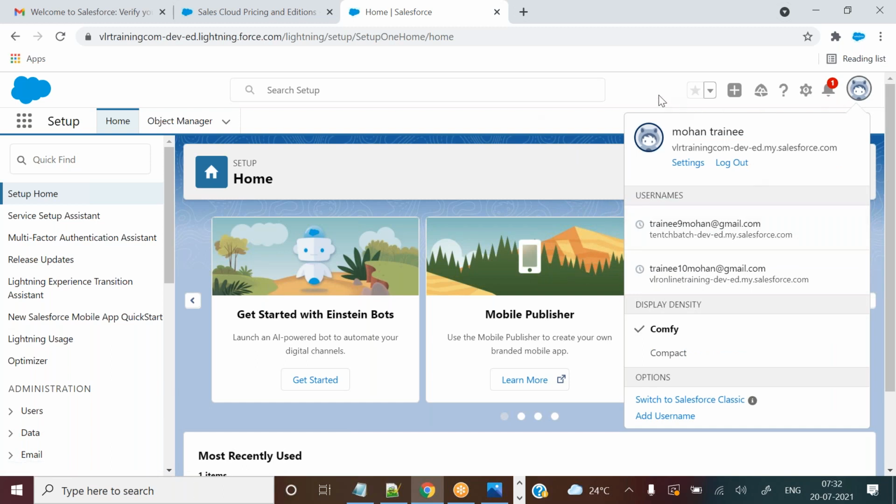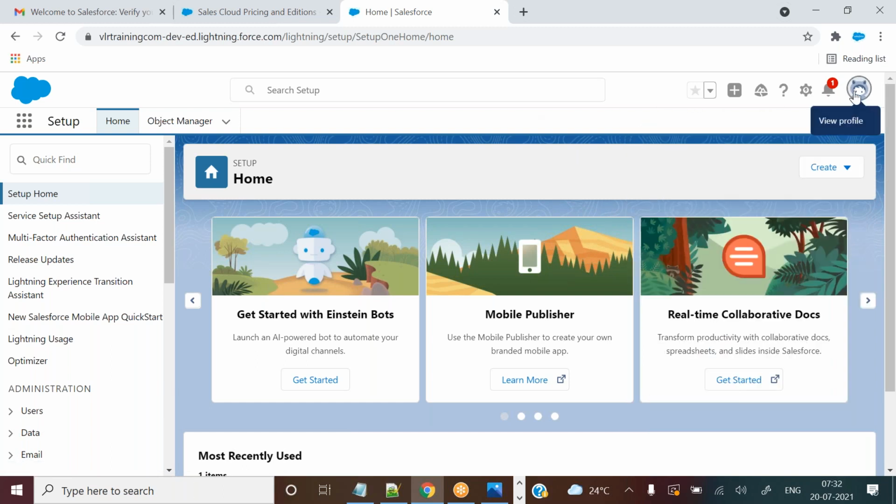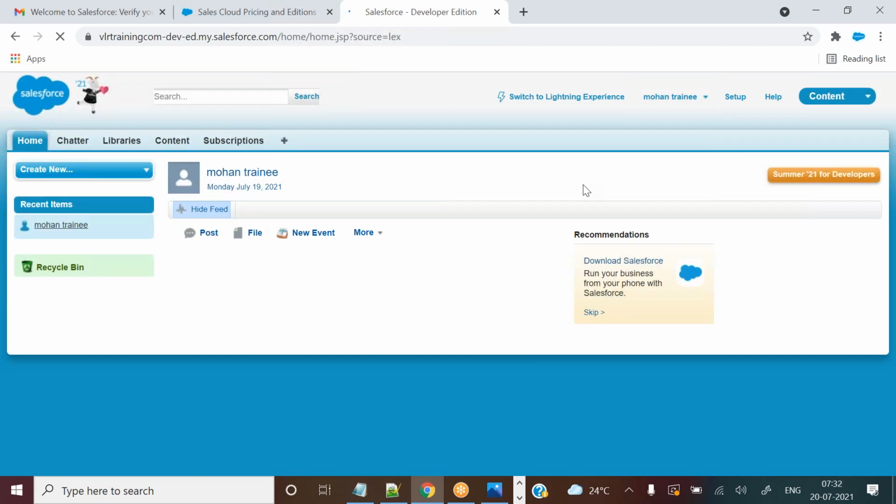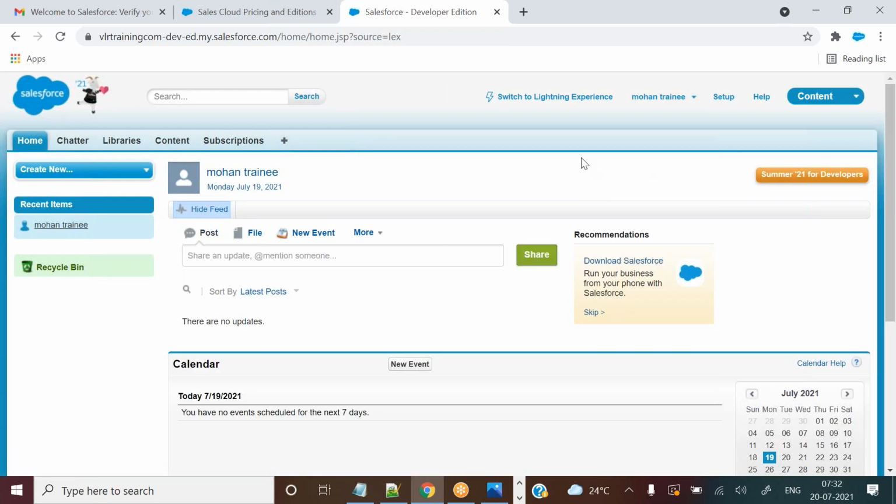Have you seen here? Go to the right side, the view profile icon, click on it. In the bottom, under options, you can see switch to classic. Just click on it. Okay, that's it. In this training, I will explain both screens. First I will explain the classic screen for a few days, and after that I will explain the lightning screen and everything. Right now we are going to discuss the classic screen only. So this is the classic view.